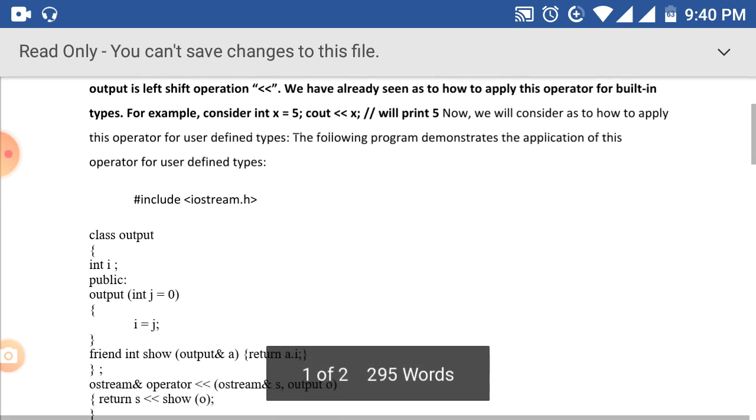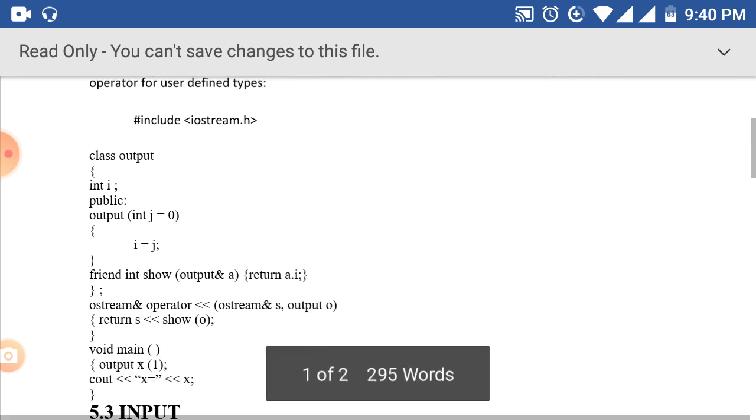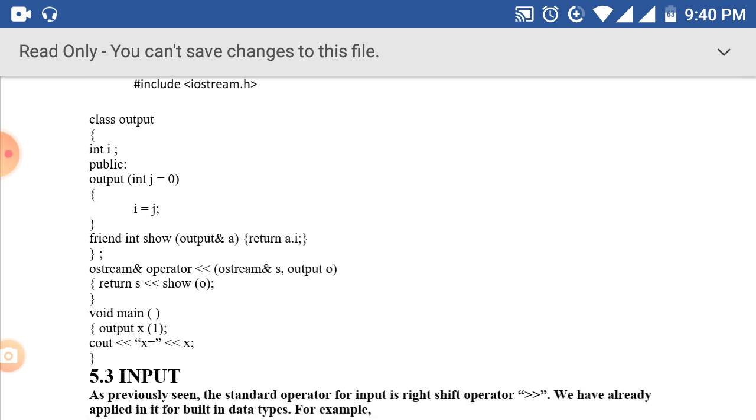Let's come to the program. Today there are so many things to discuss about this program. The first thing is the friend. Friend is a keyword. It's very helpful to access